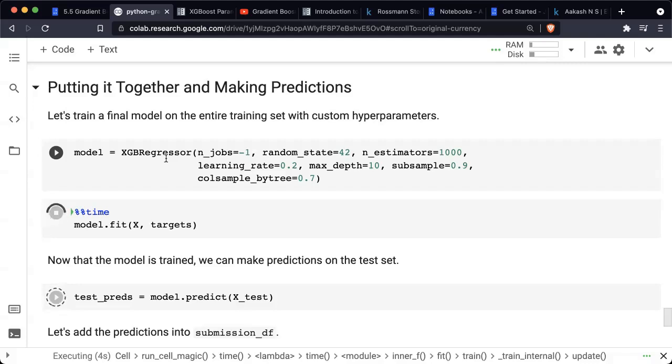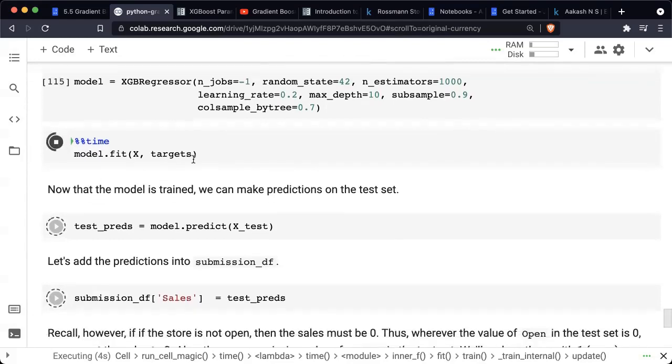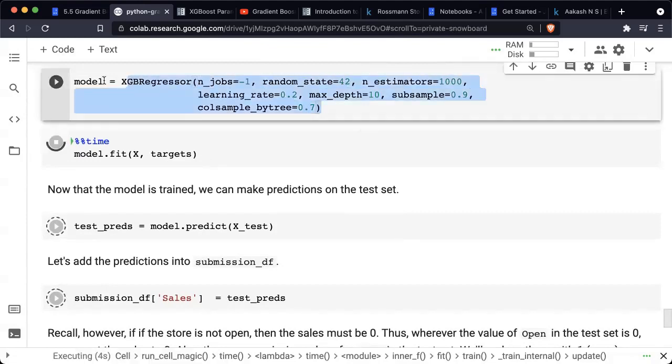Now we are done evaluating different types of models and different hyperparameters, and we've decided that these are the hyperparameters that work well for this data set. So at this point, it just makes sense to train with the entire data set, get a little final boost, because more data is always helpful for the model, and then make predictions on the test set and submit that to Kaggle. Okay, so always do that. Have a validation set, use it till the very end. But when you're making predictions, just train the model with the entire set.